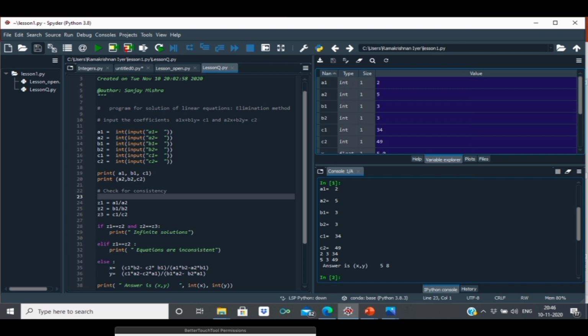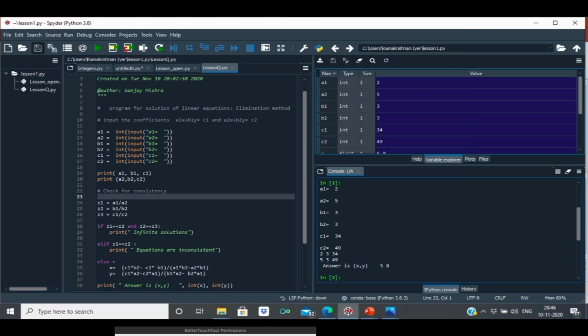Now, if we want only else, then we write else. But if we want two conditions, then we say else if. It's called elif. Now note that after the if statement there is a colon. After elif there is a colon. If you don't write the colon, there will be a syntax error. So you have to note very carefully that when you write an if statement, there has to be a colon.